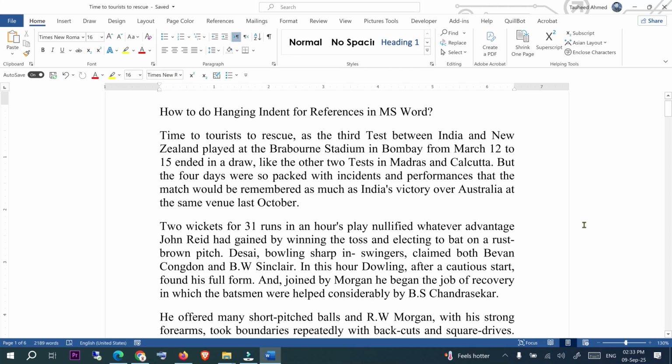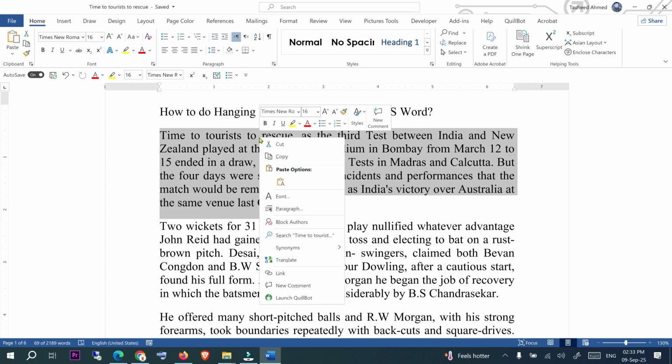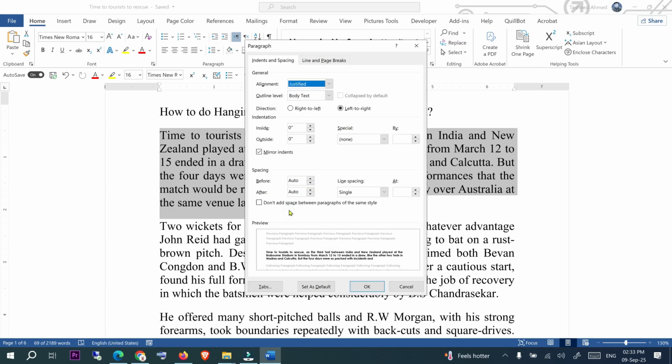Hi everyone, in this video I will guide you how to do hanging indent for reference in MS Word. This is pretty simple and easy. What you have to do is you need to select the paragraph and right click and go to the paragraph,